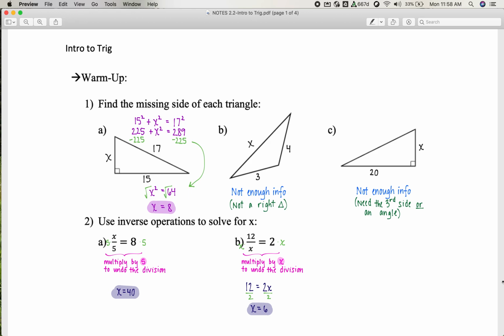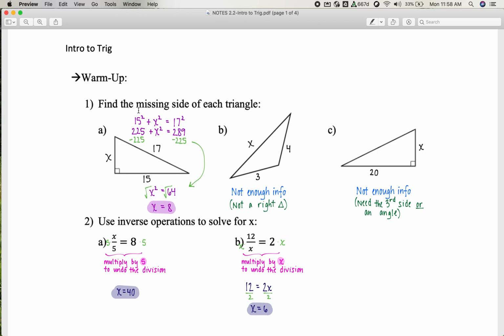You'll notice in the first problem, part A, that we know two sides of the triangle and we want to find the third side. We already have worked with a powerful tool that helps us do this, called the Pythagorean theorem. Noticing that the side across from the right angle is 17, that's the hypotenuse, that will be our C,